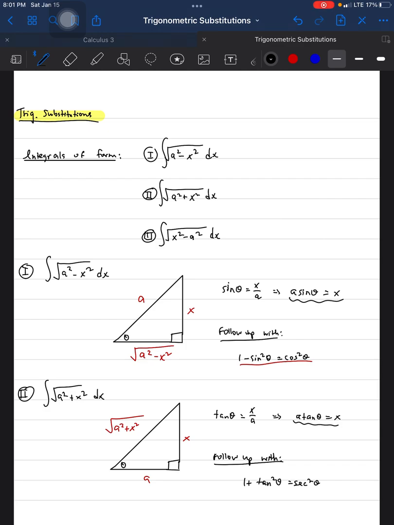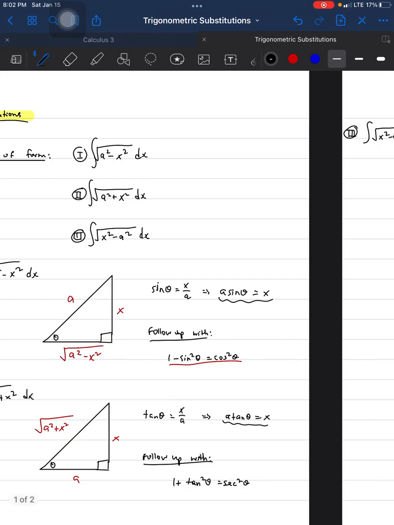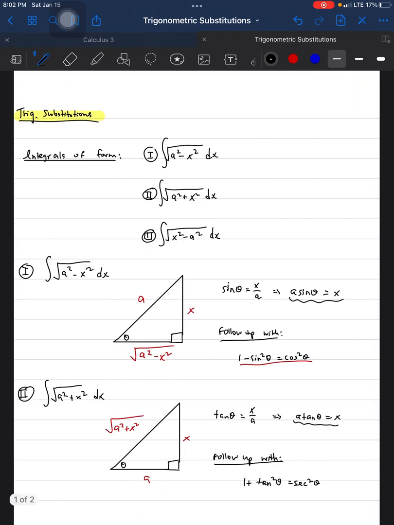So in this video, I just wanted to introduce the topic of trig substitutions. In the next video, I'm going to do an example, and I want to do that example in a separate video because trig substitution can take a very long time to do, and I actually want to do 2 examples, so this video is going to get extremely long, so I want to make the focus of this